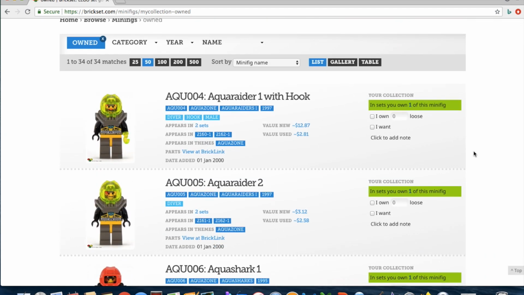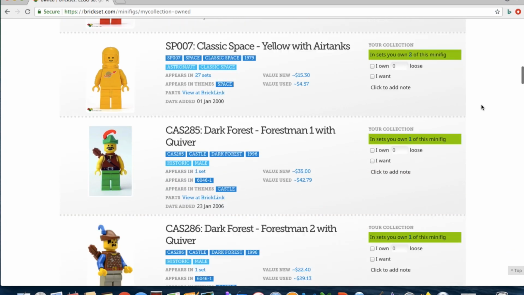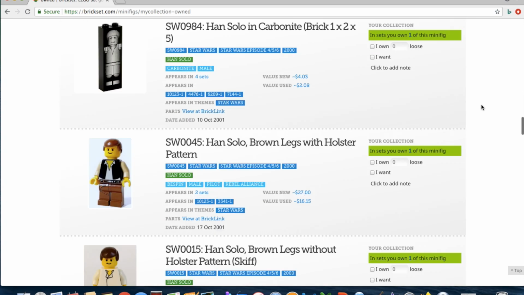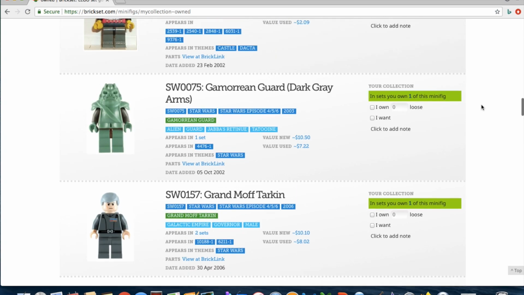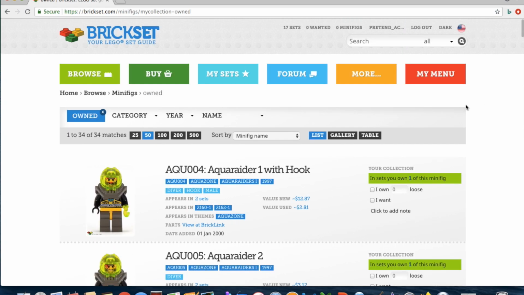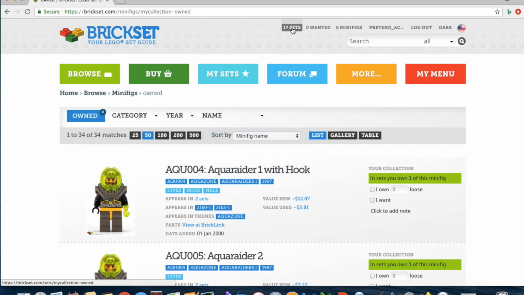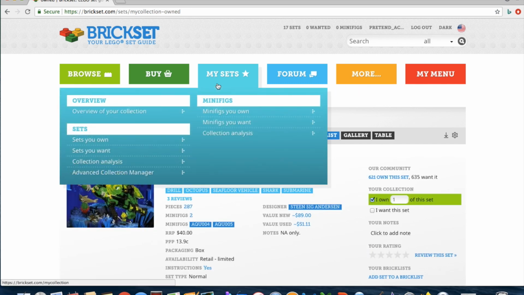For each one of the sets that you own, it classifies your minifigures, and it shows you what minifigures you have in your collection. You can scroll down and see every single minifigure. Another really nice feature with the collection managers tool is it will show you what sets you have, and you can actually look at them